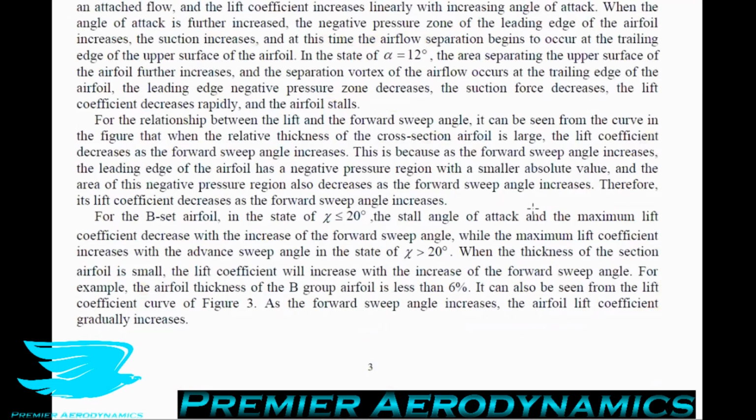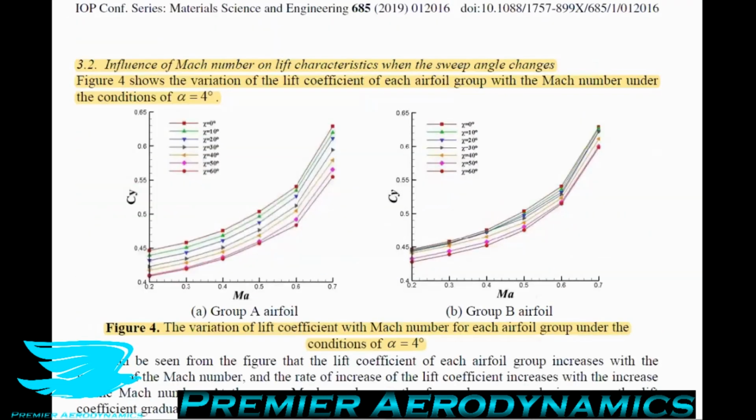Let's move on to figure 4 now, which looks at the influence of the Mach number on lift characteristics when the sweep angle changes. So in figure 4, they have all airfoils at only 4-degree angles of attack, and they're changing the Mach number to see how this affects the lift coefficients. So I just want to cover here briefly what I was mentioning earlier about Mach numbers. The Mach number is a very important parameter because it changes the density of air to begin with, but it also can potentially